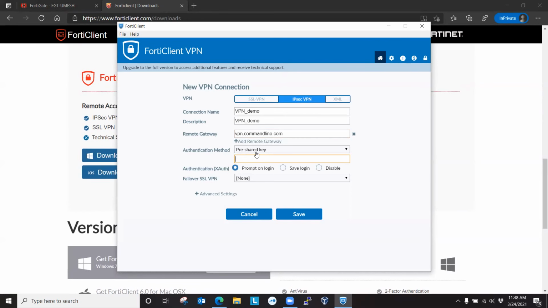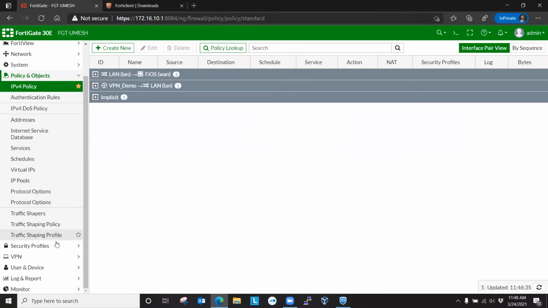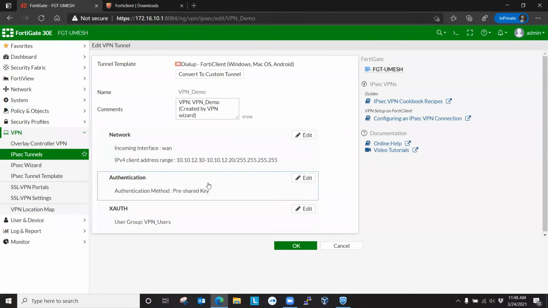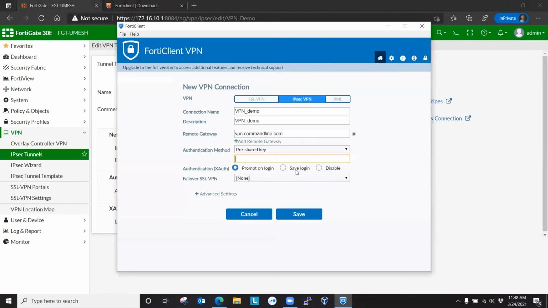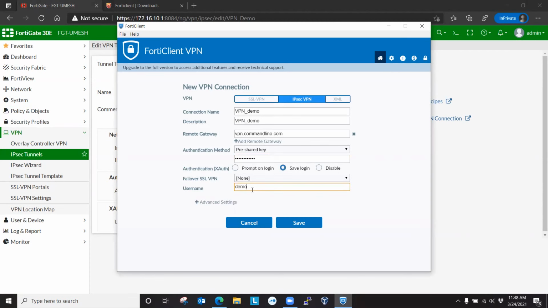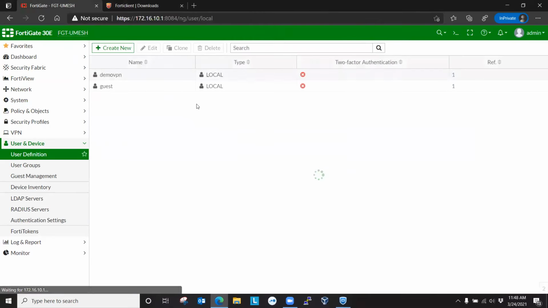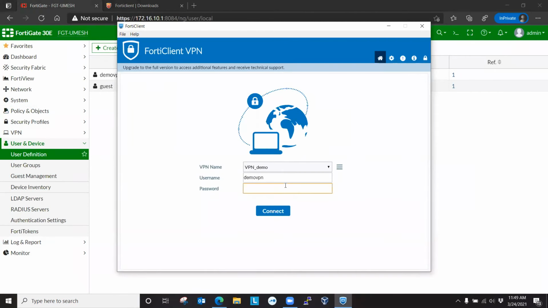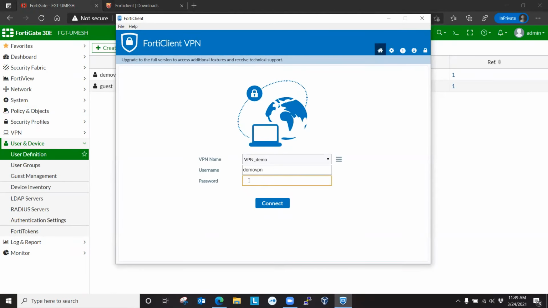And on the authentication method, it's a pre-shared key, which we defined here on the tunnel. This one, which we configured during the setup. Just giving that information here. And you can prompt for the login or save login. And username was demo VPN, I think. Demo VPN. Save, and you're good to go. So now if you just enter your password, which we supplied during this user setup, you'll be logged in to